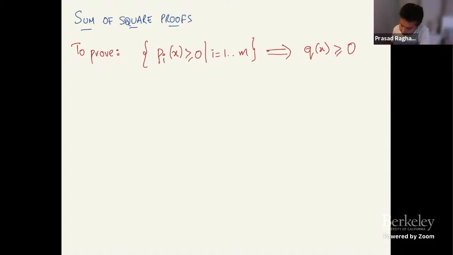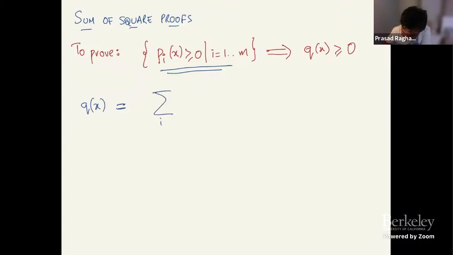For example, suppose you had the set of inequalities pi of x greater than or equal to 0 for i equal to 1 through m, and you want to prove that these imply q of x is greater than or equal to 0. A very natural proof, which comes from high school algebra, is to find an identity like this: q of x is equal to